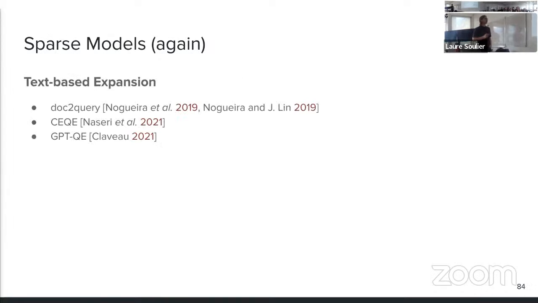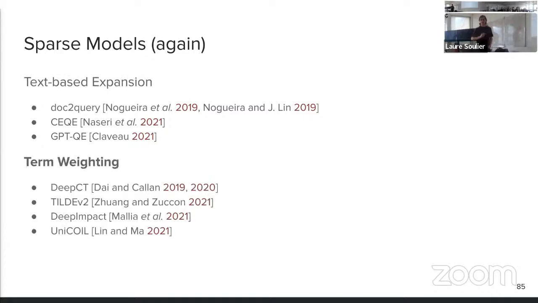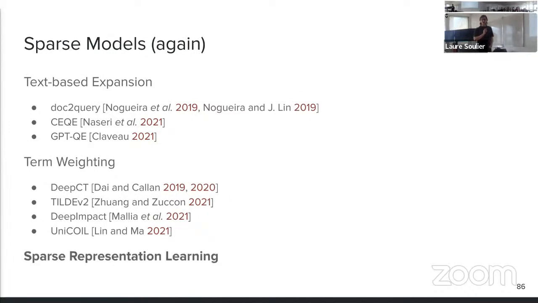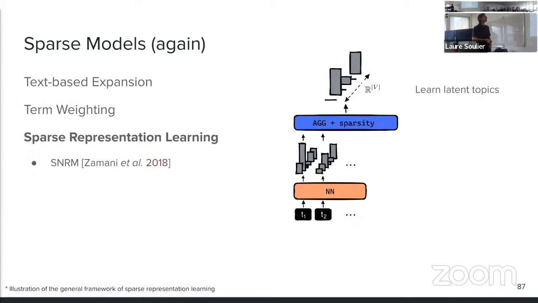A first family that models expansion, but no term weighting. We also have some models that learn term weighting, but not expansion. And the last one allows you to do both by representing queries and documents as sparse vectors.